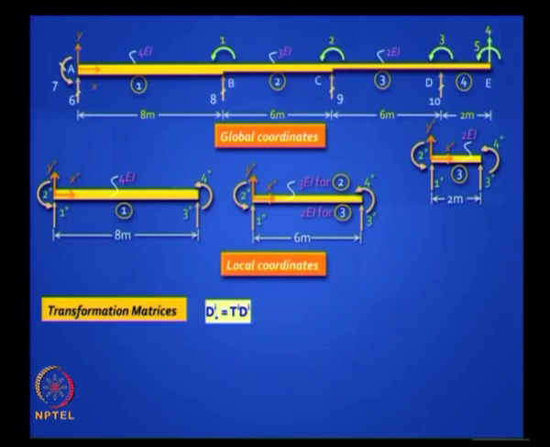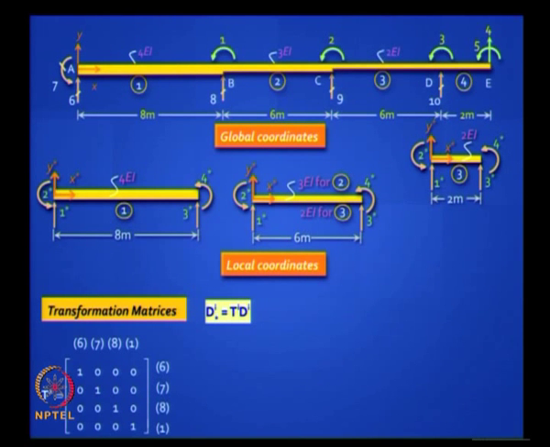Now please write down the transformation matrices for the 4 elements. We have the global coordinates, we have the local coordinates. It is easy because every transformation matrix is an identity matrix, so there is nothing much to write, only thing you have to label the linking coordinates. So tell me, for the first element 1, 2, 3, 4 in local coordinates matches with 6, 7, 8, 1, that is it.